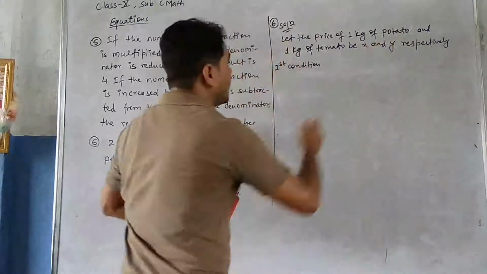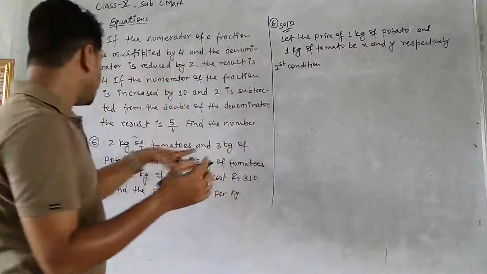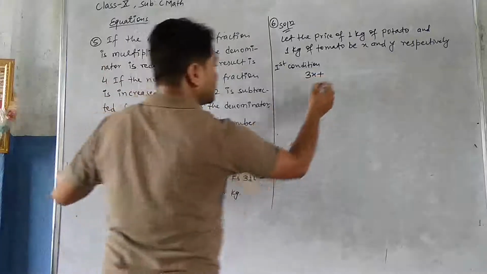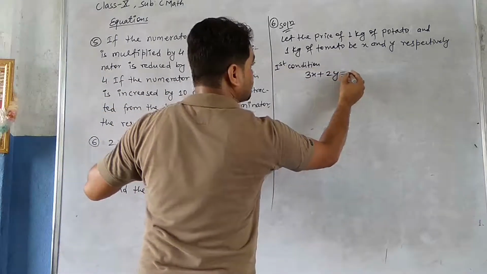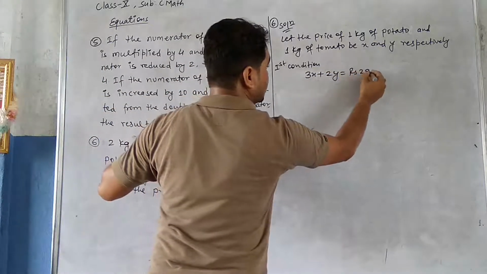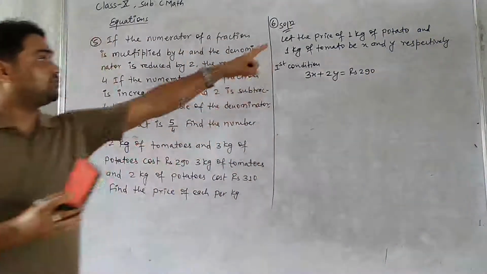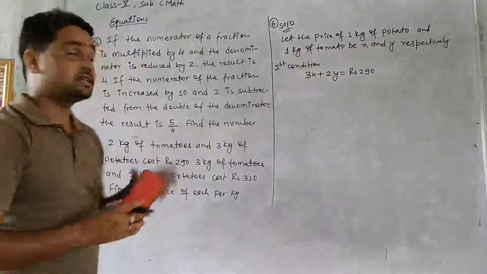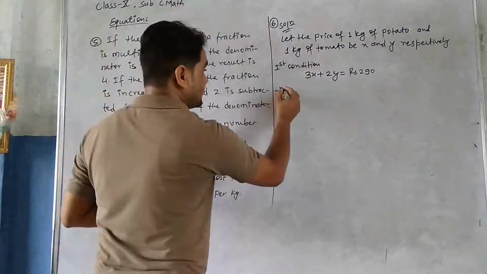Potato at first, and potato is x, and according to the question, that means 3x plus 2y equals Rs 290. I have written there potato at first, for the potato x and tomato y. That's why, yes. From the second condition,